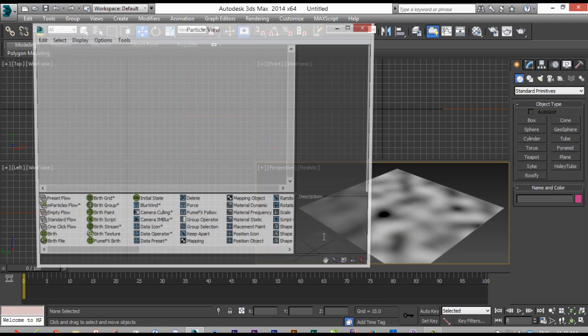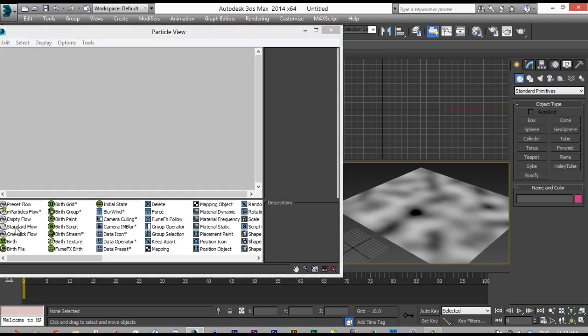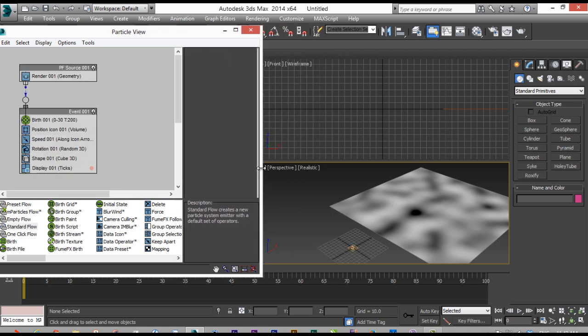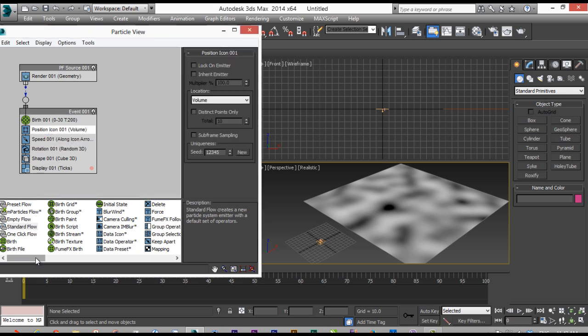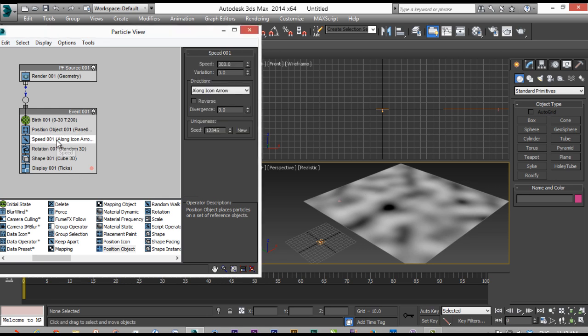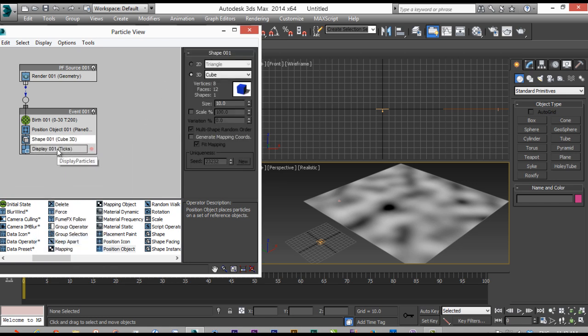I press 6 to open the particle view, and I drop in a standard flow. In this tutorial we want to learn how to align our particles based on the Z position. So for this reason I replace the position with a position object, and I select my object and delete the speed, delete even the rotation, I just need the shape and display as